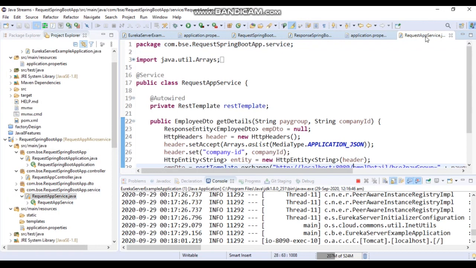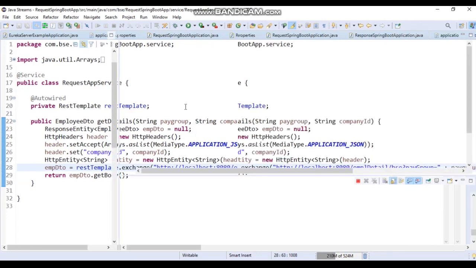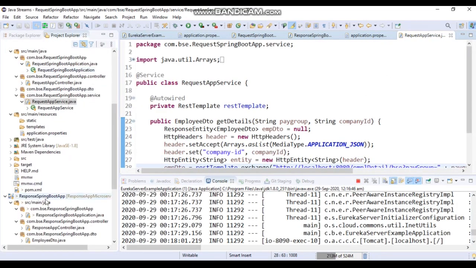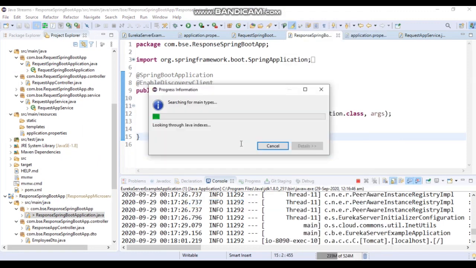We will first start this response service application, because once we start this application, this service will be registered with the Eureka server.